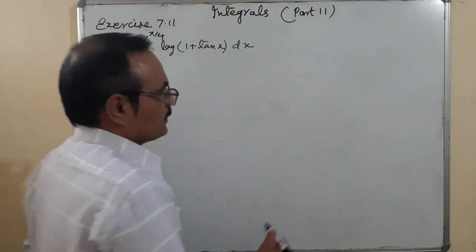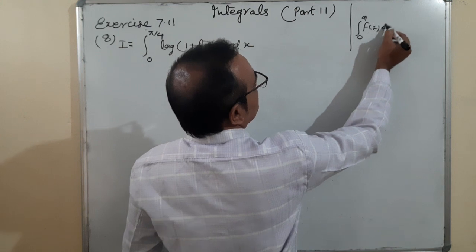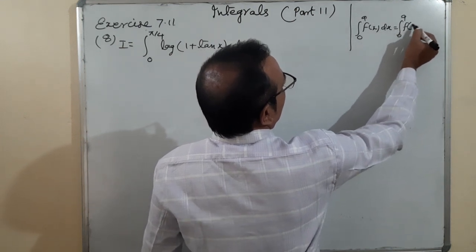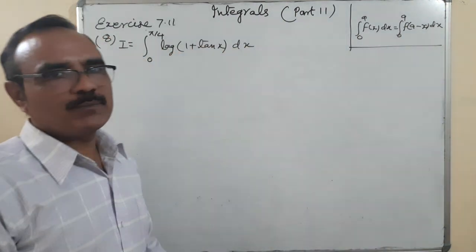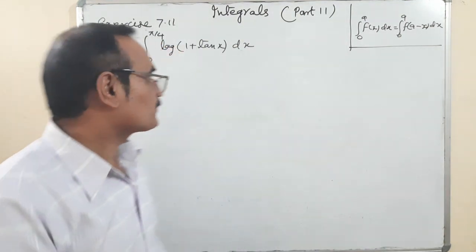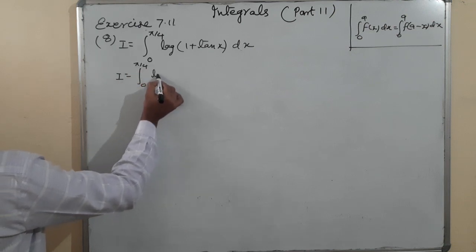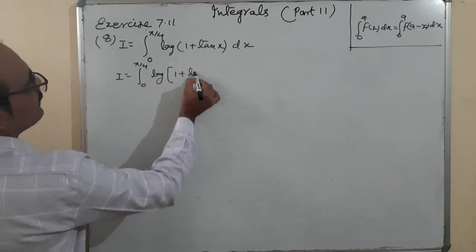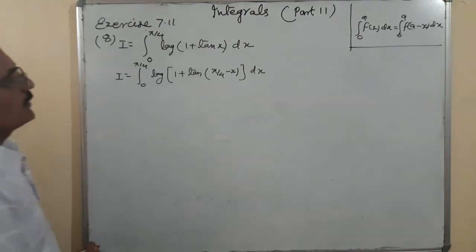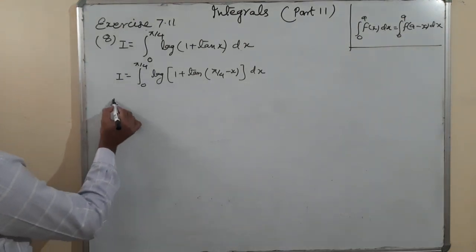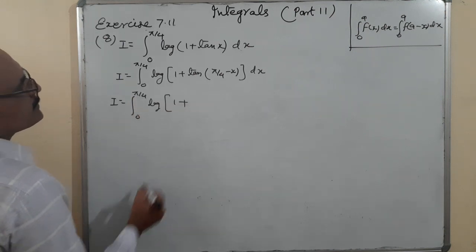Okay. Property, once again I am writing the same property: 0 to a f of x dx is equal to 0 to a f of a minus x dx. You will also write this property because you know in maximum cases the same property is used. Here also, 0 to pi by 4 log 1 plus tan of pi by 4 minus x dx. Okay. What happens? I is equal to 0 to pi by 4 log 1 plus,